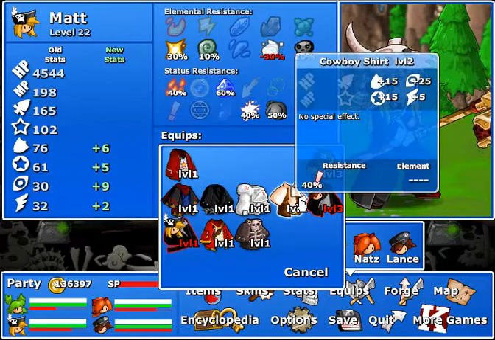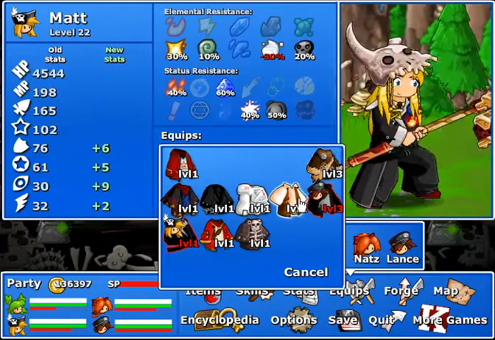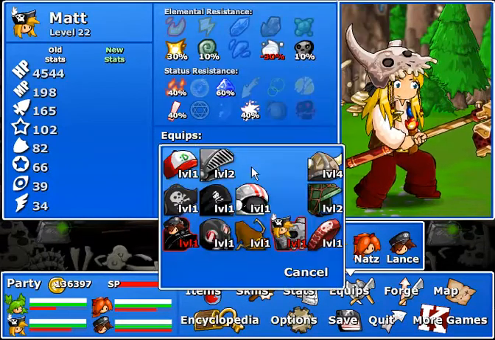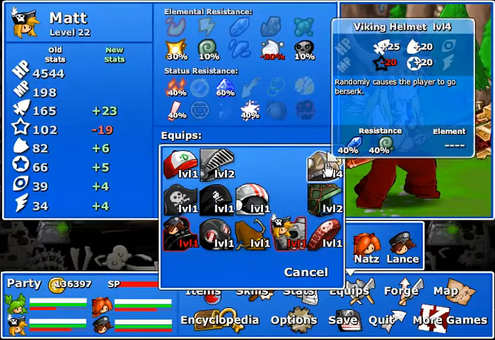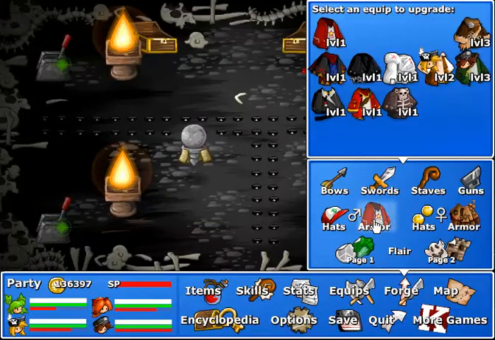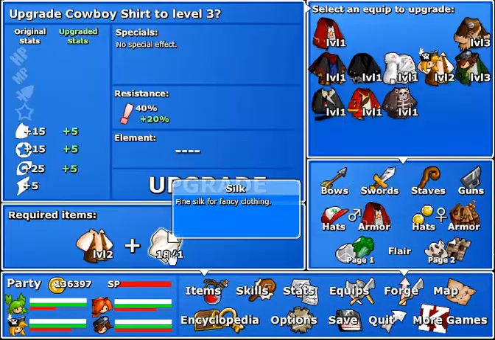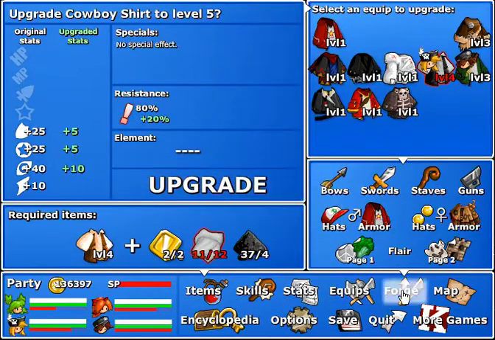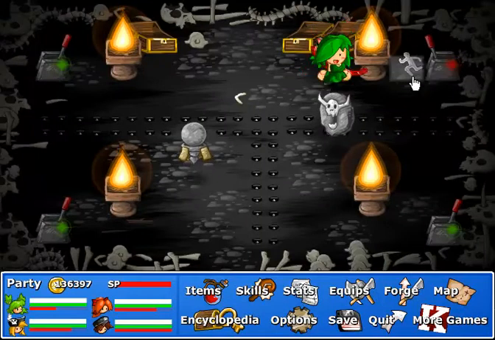Part of me kind of wants to give him the other one, but this is actually, I think, his strongest outfit. And we also don't want that. What were you wearing? This. Randomly causes you to go berserk. Going berserk is not that much of a problem for you. You seem pretty adept. Okay, yeah, we can upgrade this. We can upgrade it again. Now we can't upgrade it because you need tons of silk to increase your...